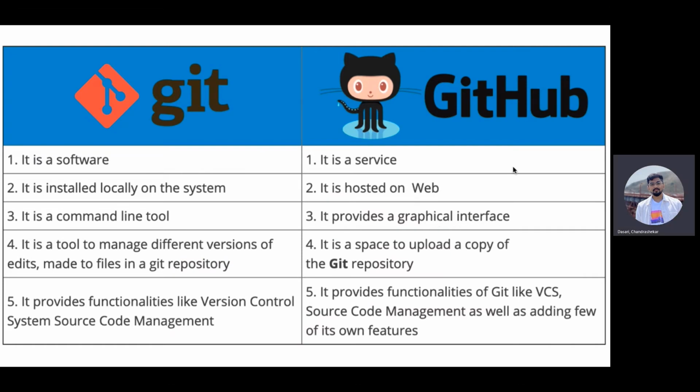So the common misconception is that GitHub is not Git and Git is not GitHub. Git is a software, and GitHub is a service, like a website where you can store Git repositories. It's like the Google Drive of Git repositories, and it's on the web. And Git is the actual software itself that does all the version control and all of the cool functionality for you. So just make sure to keep those two things separate.